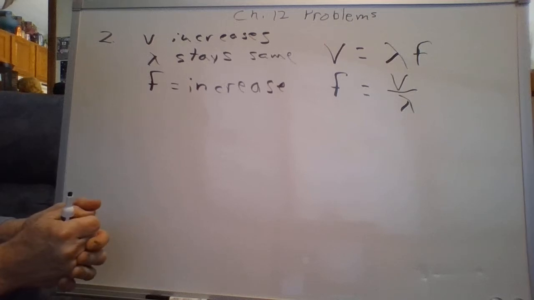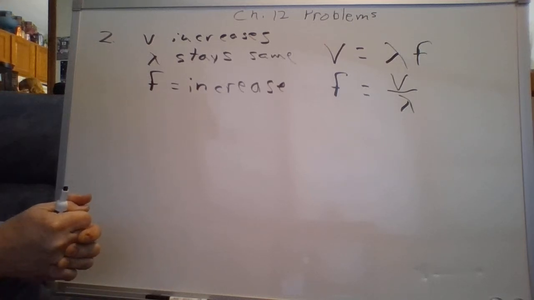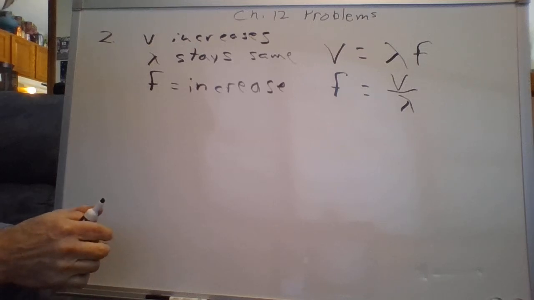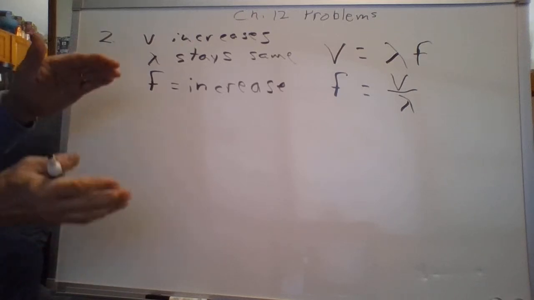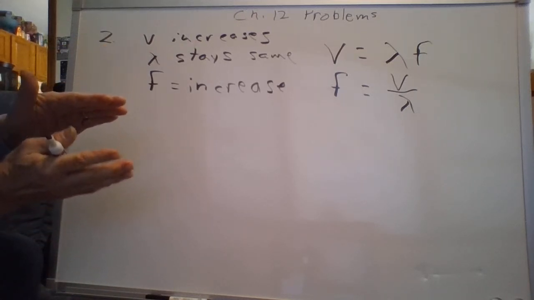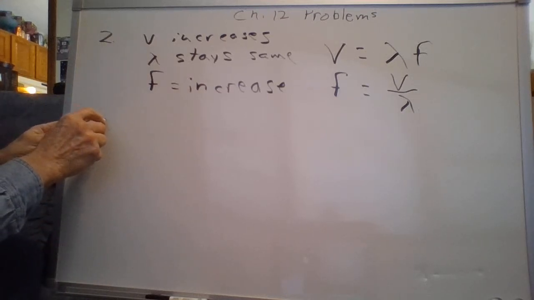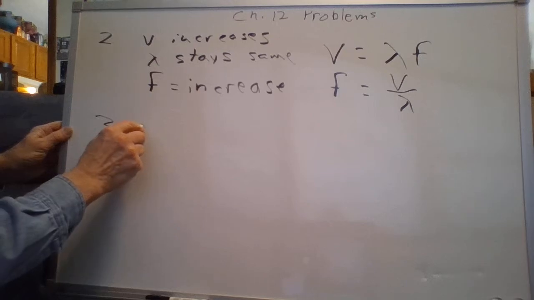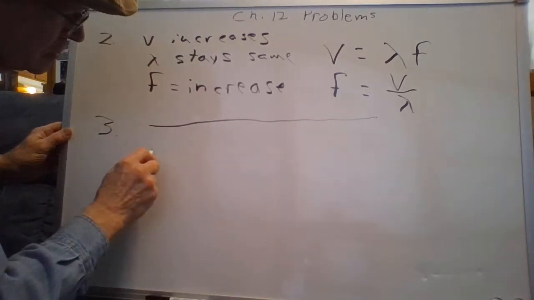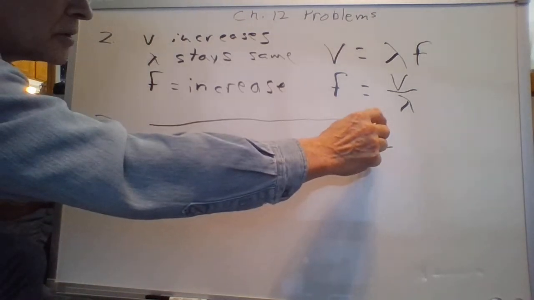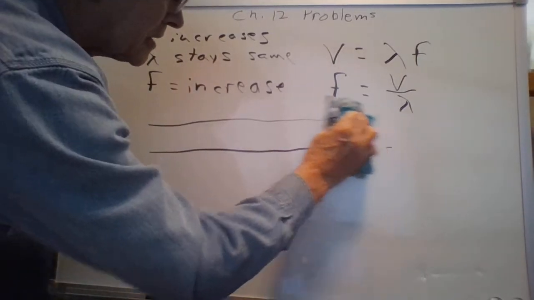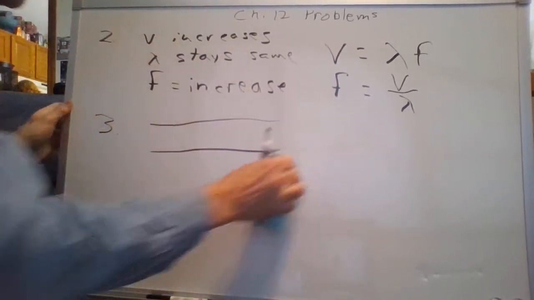How about number 3? Disregarding the diameter correction for the closed tube, how long is the fundamental for a closed tube that is 1 meter long? There's a little bit of correction for big tubes and small tubes, the diameter of the tube. But if you look at number 3, let's just draw a tube like that. The fundamental, the first harmonic for a closed tube, now that would be closed on one end. Oh dear. Let's make that tube shorter because it'll make it easier for me to draw.